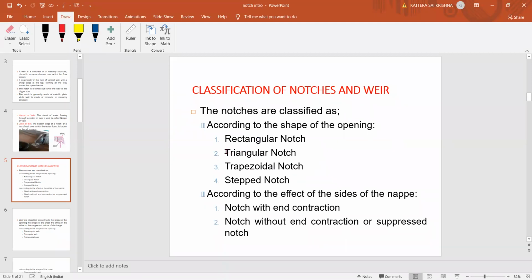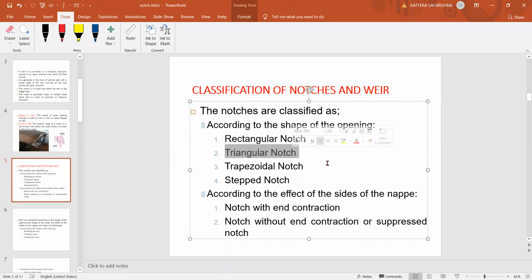In our experiment today, we are going to learn only about the triangular notch. For the civil department, the syllabus has these notches and problems on the notches. But for our mechanical department, we don't have a notch topic in our syllabus. But in the lab experiment, they said you can take any one notch, it may be a triangular notch or a rectangular notch. In our lab, we have a setup of a triangular notch only.